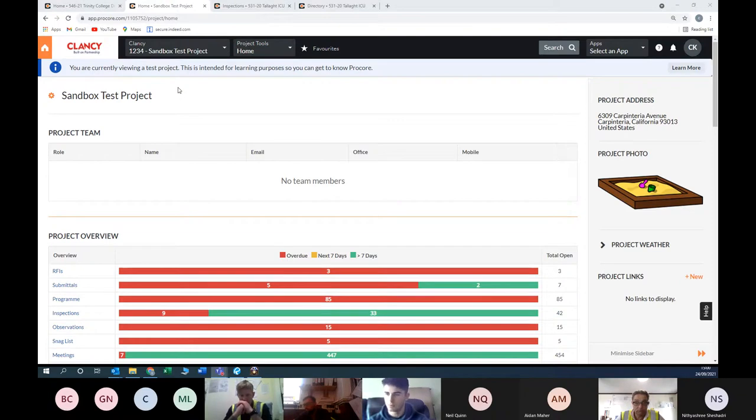And what that does is bring up all the different tools for that room, so for the likes of observations, photos, RFIs. Once you scan the QR code, you can bring up all the information to do with that location on site, and all the information on Procore will come up in front of you